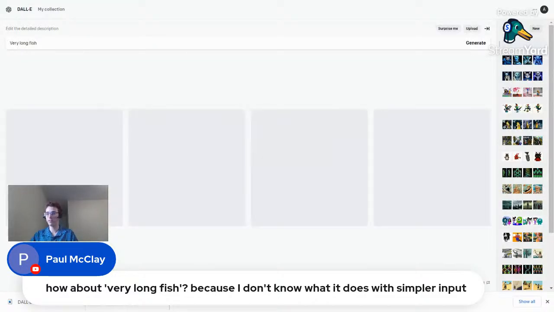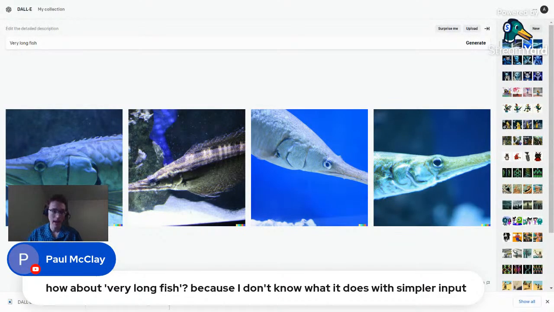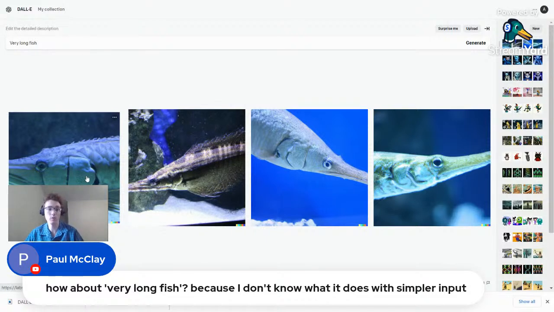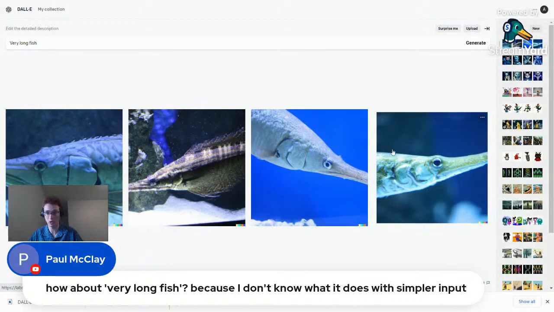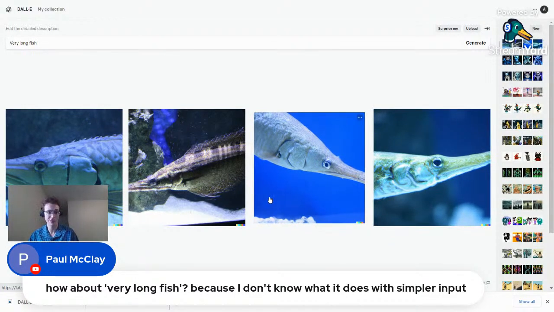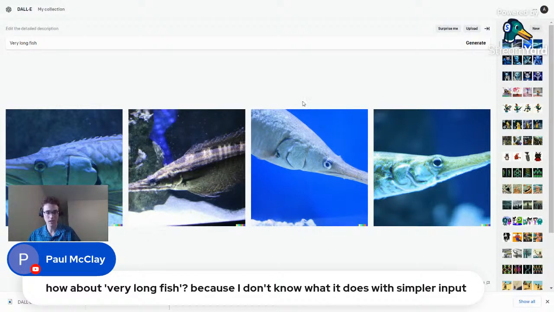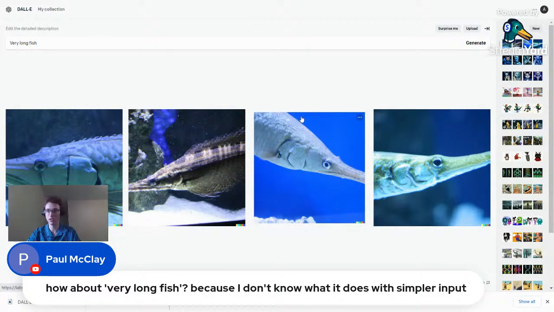A very long fish. And yeah, okay. So there's a fish. What's interesting is these are all very long fish, but it doesn't actually show it being very long. But these are like sturgeon or paddlefish type fish. I saw a Chinese paddlefish at the museum. It was pretty cool.